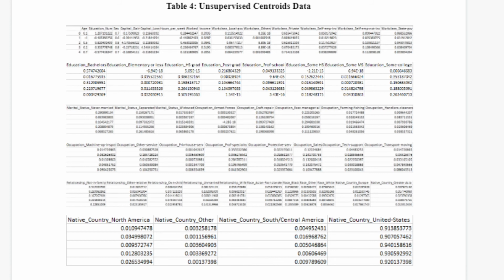Income under the threshold is correlated to being a younger worker, having minimal capital gains, and having marginal capital losses. Our data suggests that both men and women are likely to make less than $50,000. Working in local and state governments, as well as being self-employed, are all factors that equate to having an income lower than the threshold. Most individuals who make less than the threshold only hold a high school degree with no